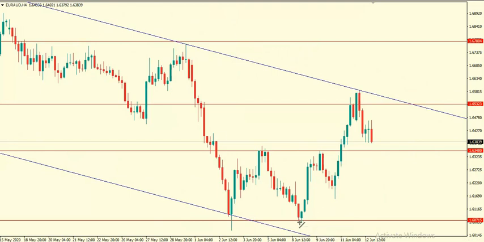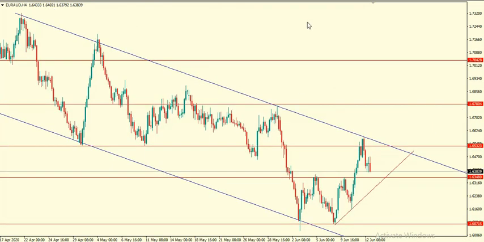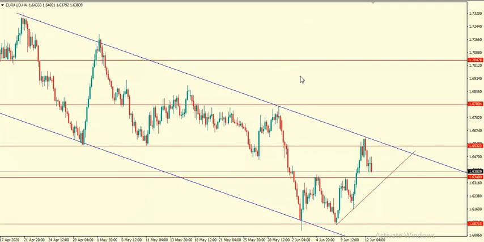So from the 4 hours time frame, I'll be adding one more trend line. So now this is the trend line I have from the 4 hours time frame. So with this, what does this mean? It means that the downward move I talked about on the daily time frame is not ready yet, and I will